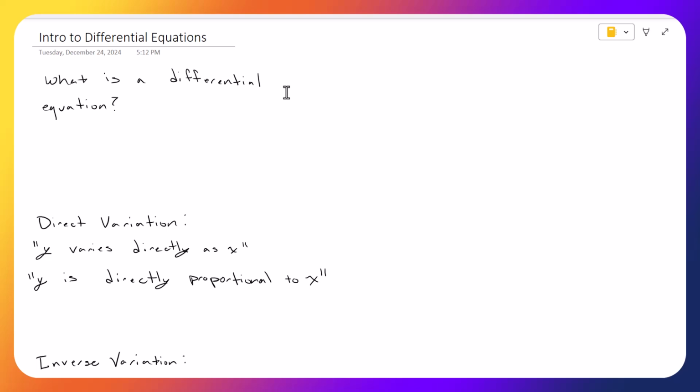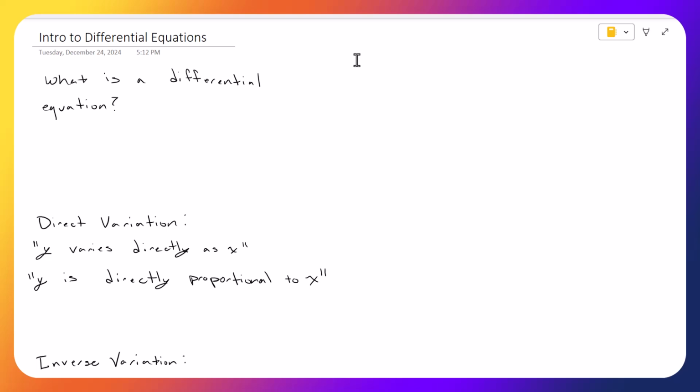Where else do we see differential equations? Those are the big examples that come off the top of my head. I'll try to come up with some more that I can give to us in class. But what is a differential equation? What is this thing that I'm talking about? I talked about how we can use it, but a differential equation is just